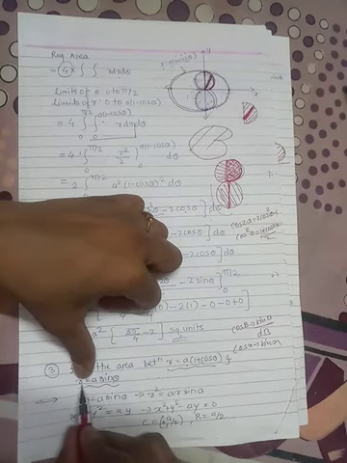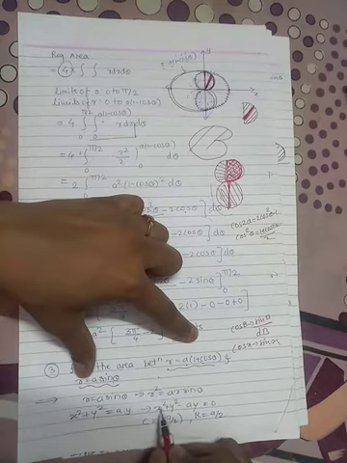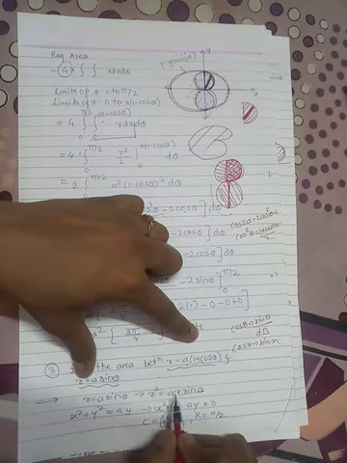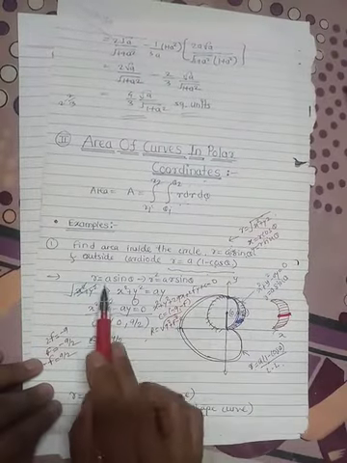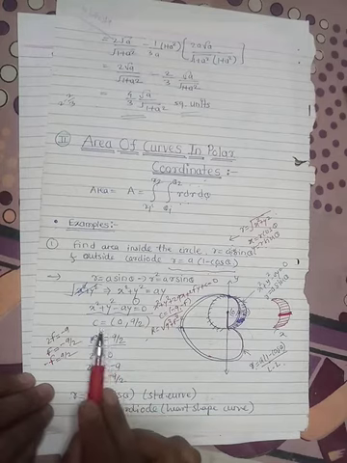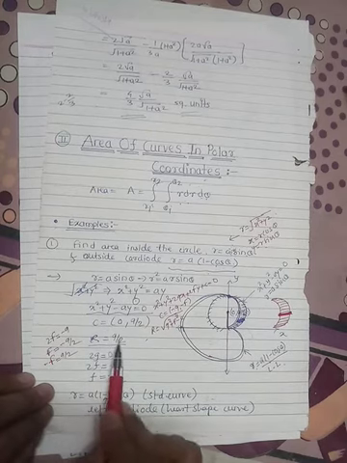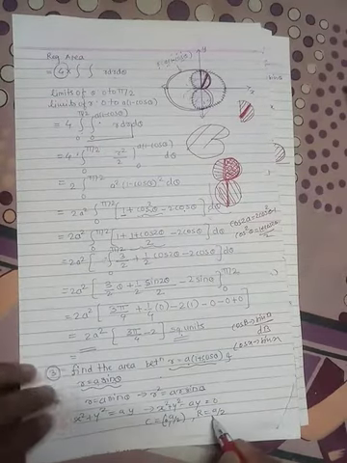So take r, multiply r on both sides. r square equal to a r sin theta. r square value is x square plus y square, and r sin theta is y. So take a y on the left side. This equation we have seen in an earlier example. So r equal to a sin theta is a circle equation with center 0, a by 2 and radius a by 2. See this example: center is 0, a by 2, radius is a by 2.